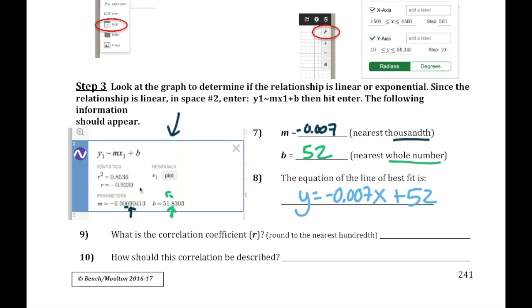Now the other thing that our Desmos.com calculator helped us with is it helped us identify our correlation coefficient, which is here. And we're going to round this to the nearest hundredth as we write it. The nearest hundredth is this 2 spot. The 3 tells us to keep it the same. And so we're going to say that our correlation coefficient is negative